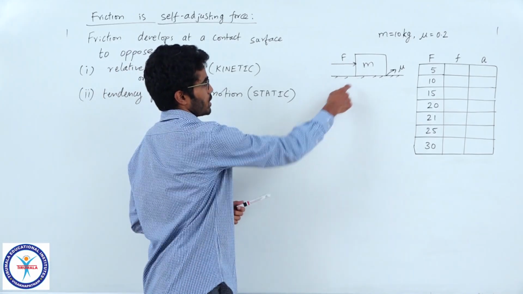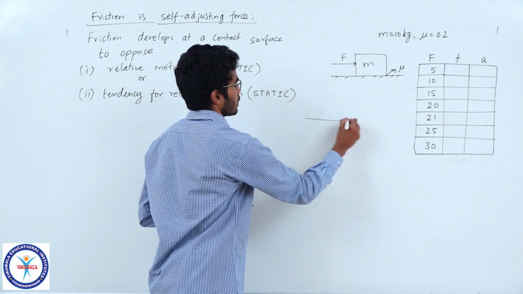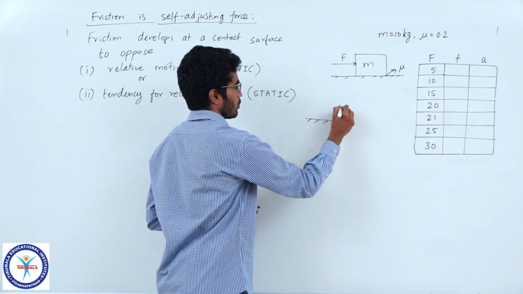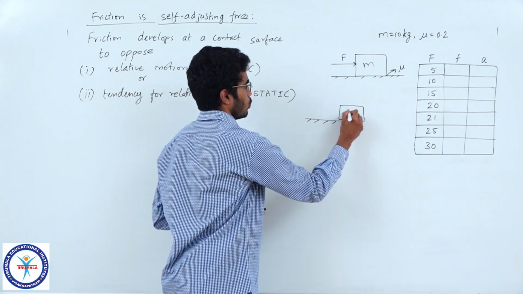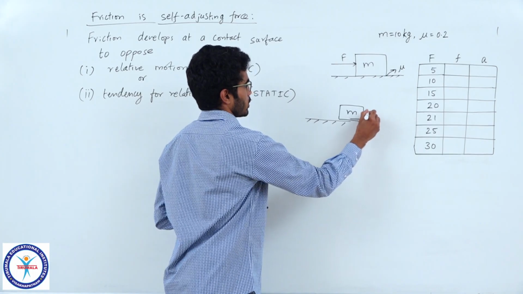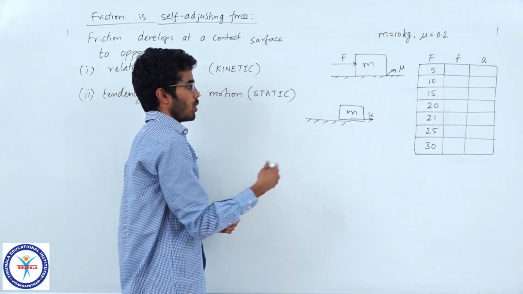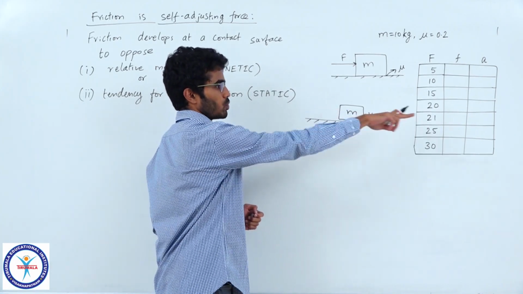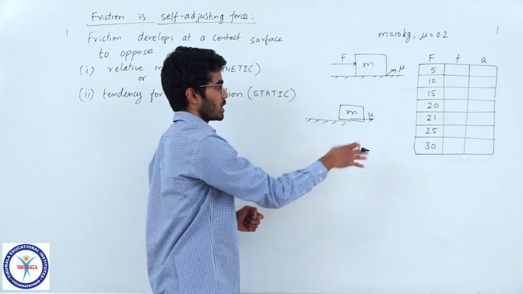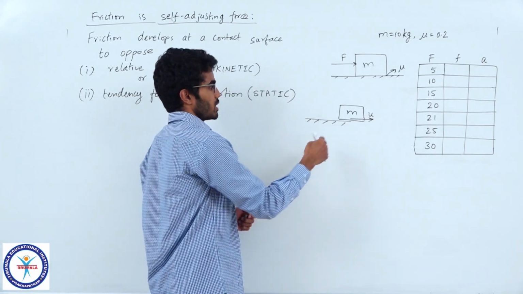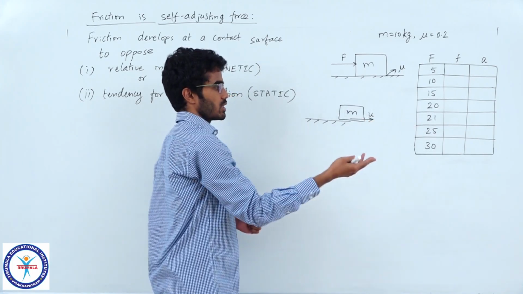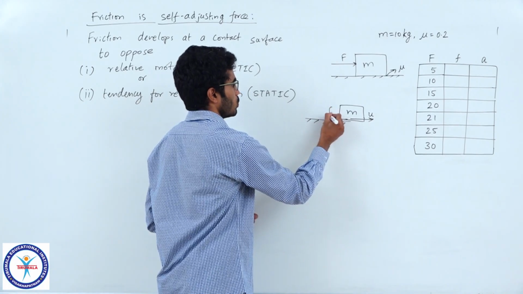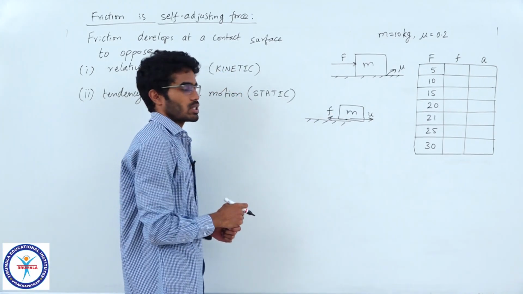Now how does the friction develop here? We see that in ground frame, the block now would move towards right if the force is applied. So how is the relative motion here? As the ground observes, the block will be moving towards right, and friction develops in such a way that it tries to oppose that. That means if it is trying to have a velocity towards right, now the friction acting on the block will be towards left. That is how the friction develops.